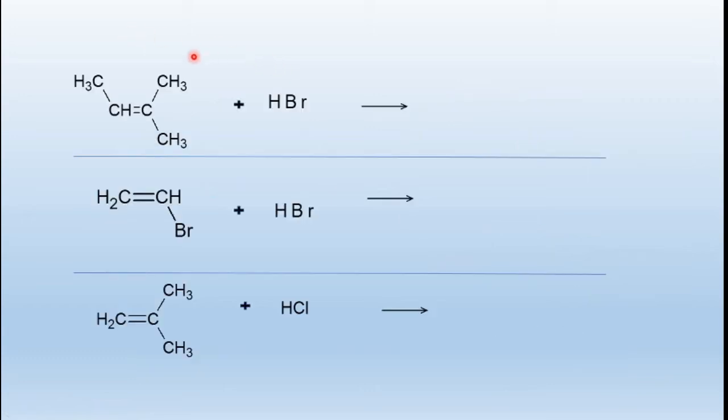Let's see a few examples based on Markovnikov's rule. So here you have your reactant and the reagent is HBr. Let's quickly see what your product will be. The negative part must get attached to the carbon carrying less number of hydrogen atoms. If you see, this carbon has CH3 and a double bond. This carbon has one hydrogen, a double bond and one CH3 group. So out of these two carbons, the one having fewer hydrogen atoms is obviously this one. So the product formed will be this one. So bromide will go to the carbon having two methyl substituents, isn't it?